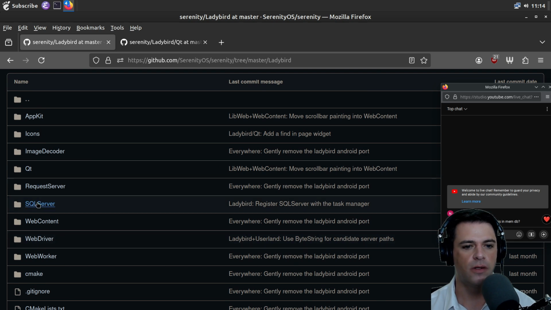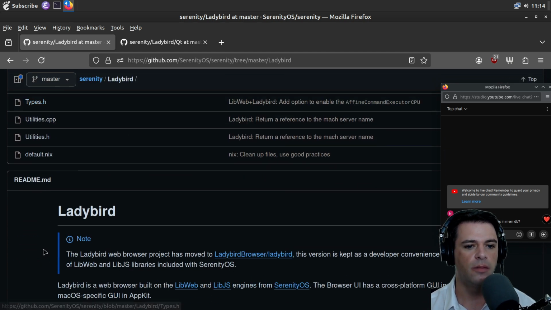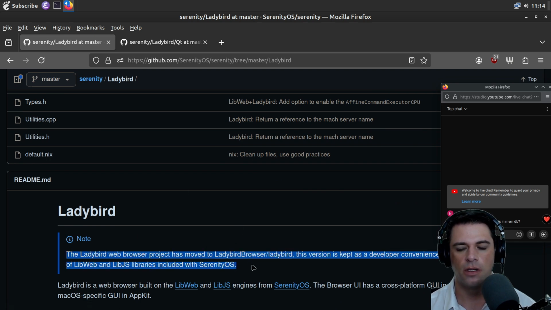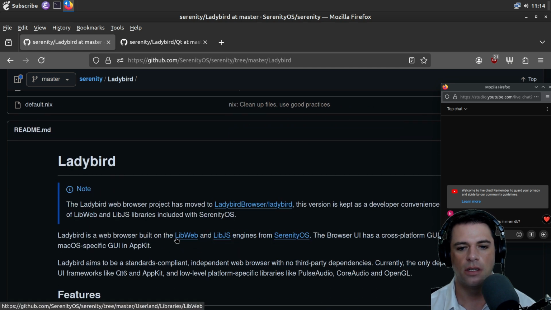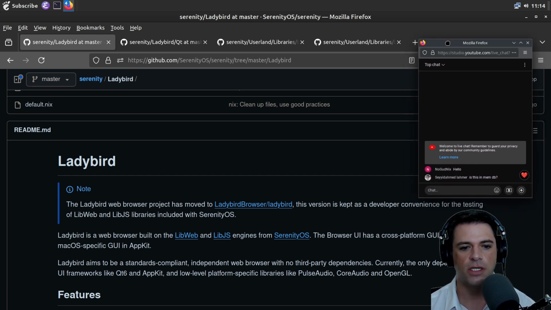So back to Ladybird, we have web content, web driver, web worker, CMake, and a bunch of other stuff. Let's move to some other repo. And it's built on the LibWeb and LibJS engines from SerenityOS. And it has a cross-platform GUI in Qt 6.